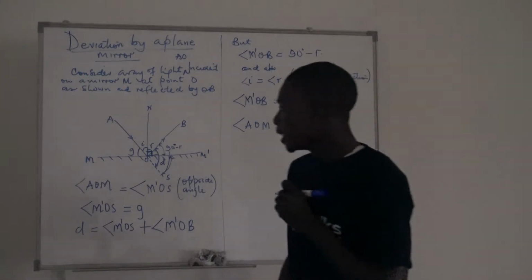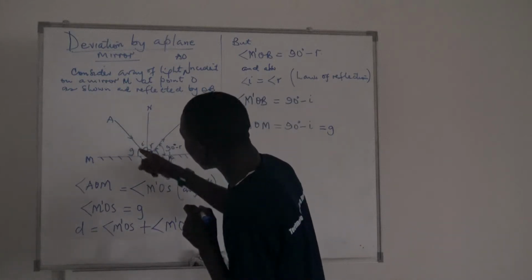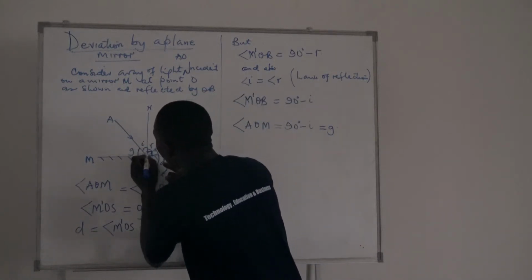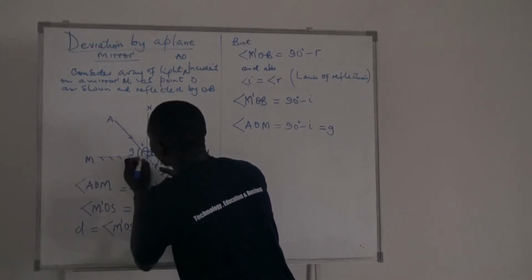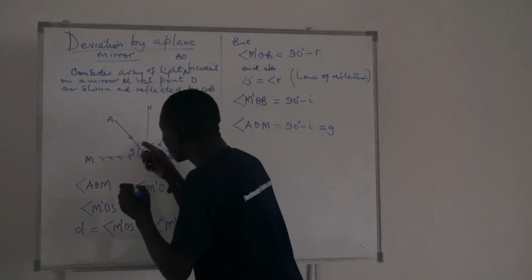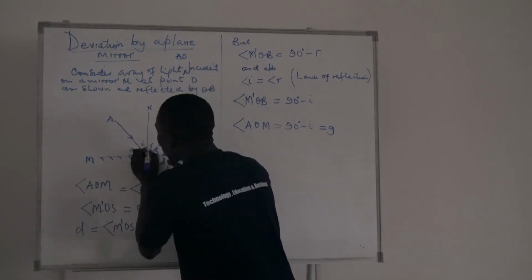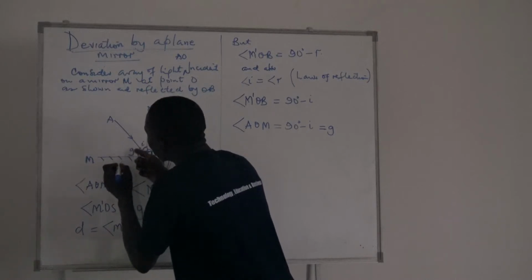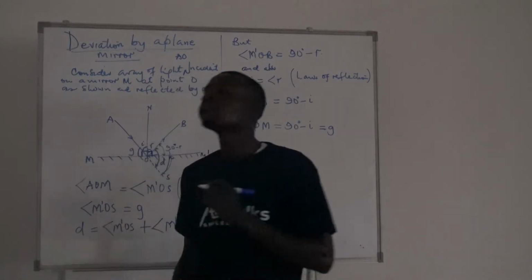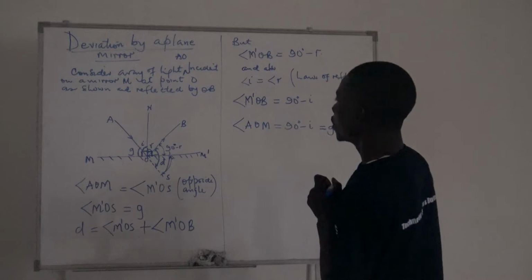Check on it, that this angle here, remember, the whole of this is 90. From this to this is 90. Now, if this upper one is I alone, don't you think the lower one is 90 minus I, which is the G? I think that should be very true, that this angle